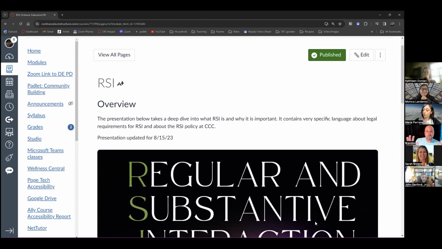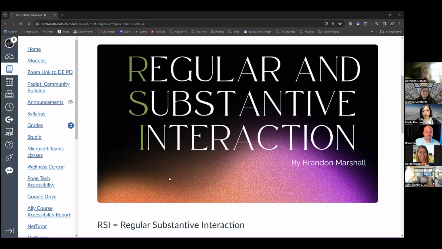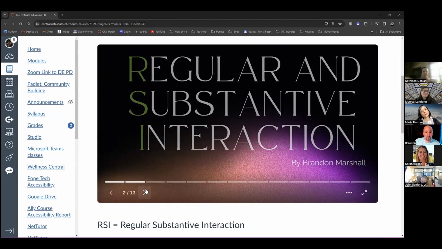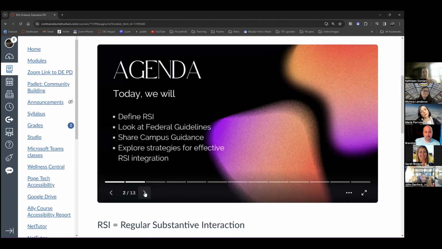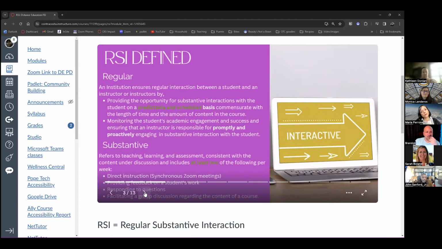So the first page that I provided, all the Padlet stuff, was just to provide a nice real-time experience with what RSI can do for your class and a way that Padlet can bring it into your course. This page, I'm not going to spend time going over it, but I highly suggest that you come back after the workshop and read through some of these things. I put a little PowerPoint in here, but it really defines RSI.